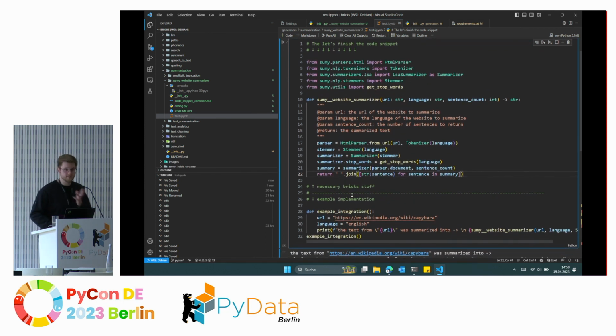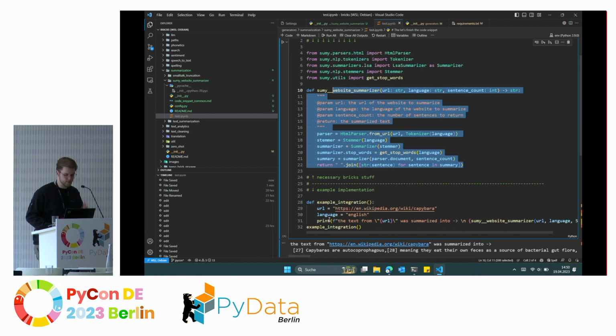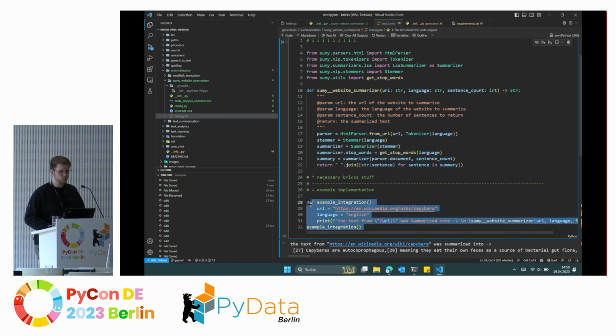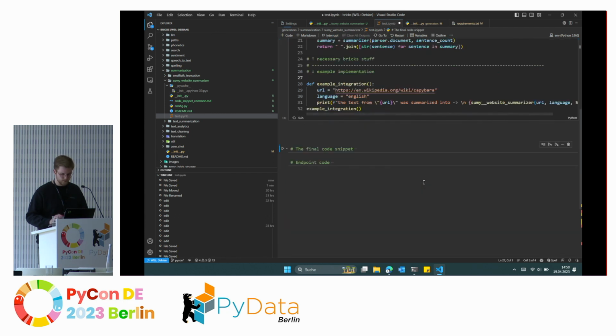What we also always ask users to provide in the code snippet is an example implementation. And we quite clearly divide both, so the actual implementation in code and some example integration. If you want to use this brick module, you don't really need the example integration, but it's really great to provide that for every brick so that the users can directly see, okay, what is an example? How can the inputs for that function look like so that you can directly use it? So if we then execute this,